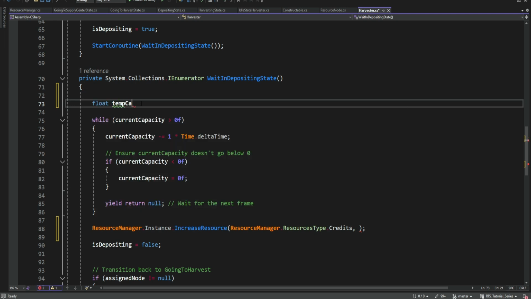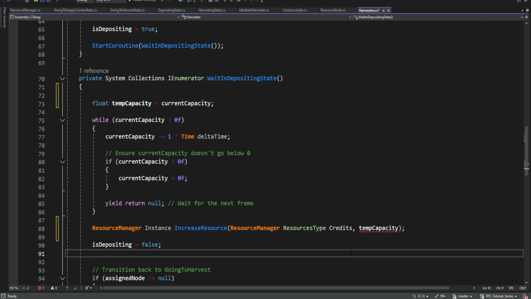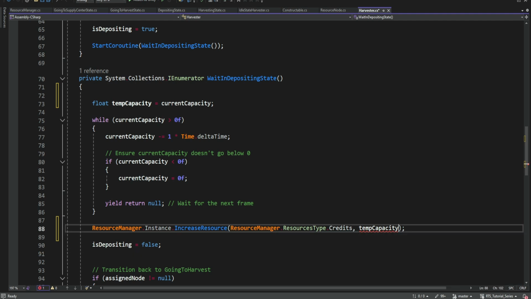Temp capacity will be the current capacity. We save it, right? Then we're going to basically reduce the current capacity. And then when we are done, we're going to take this temp capacity. So maybe we had 10, maybe we had 5, maybe we had less than that. We're going to take the temp capacity and we're going to add this over here. But this should be